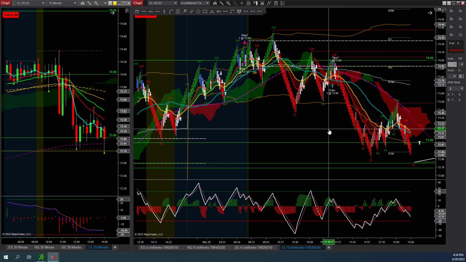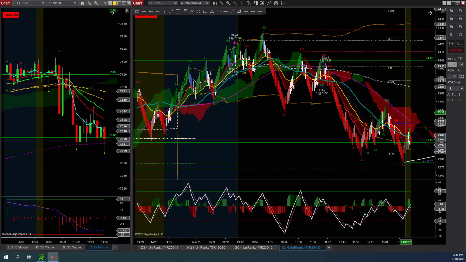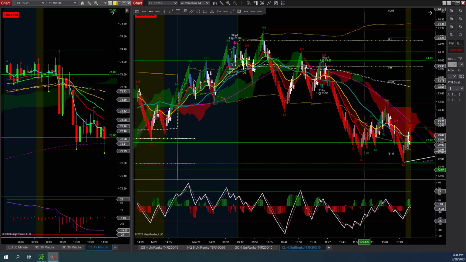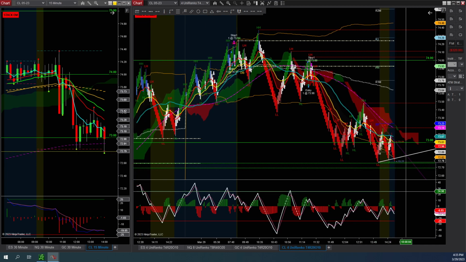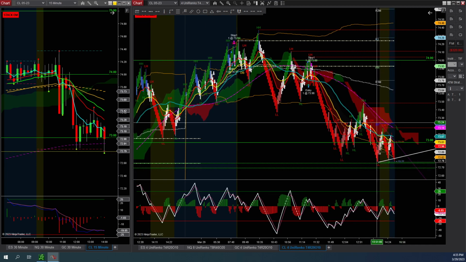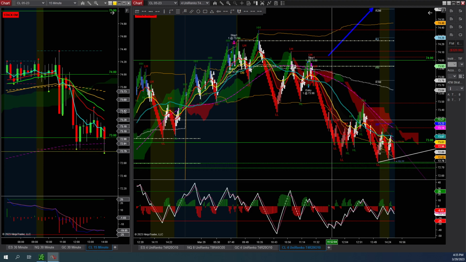And then it started to bounce back up and down in the 73 and kept moving down all the way until the end of the session right here. So very, very choppy. It did not fulfill the expectations I had for crude oil. I thought that it really was going to move to the upside based on that week that I saw there.